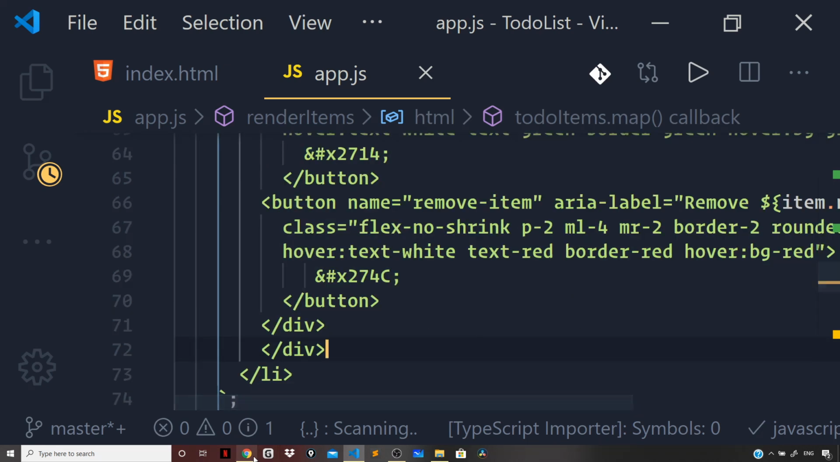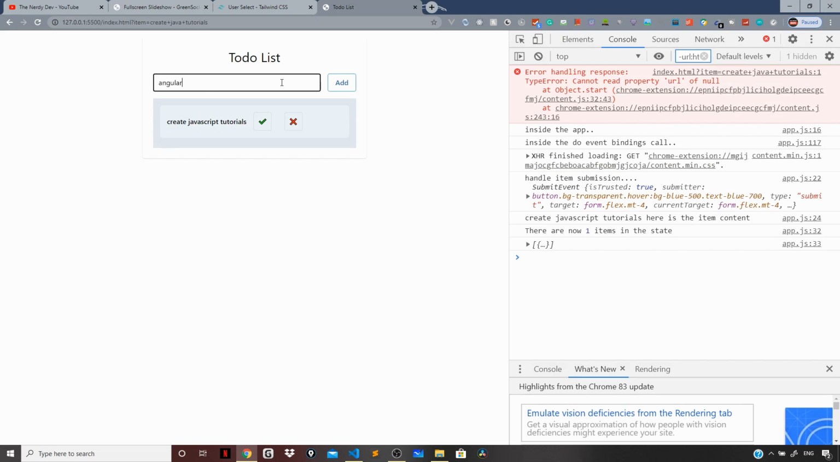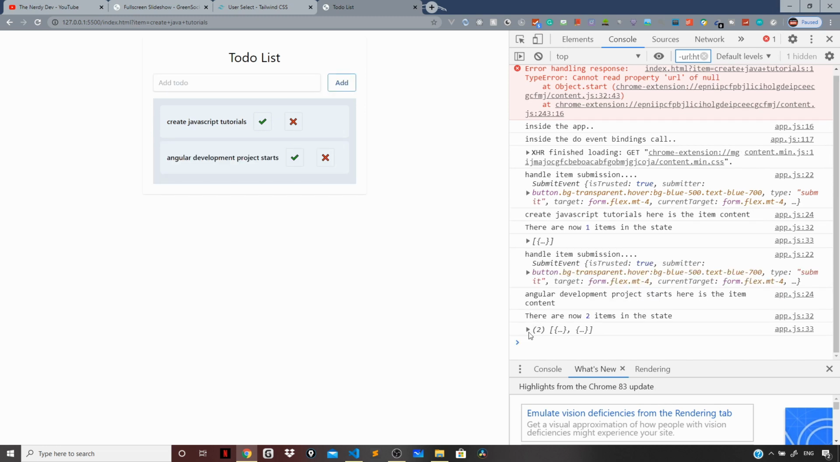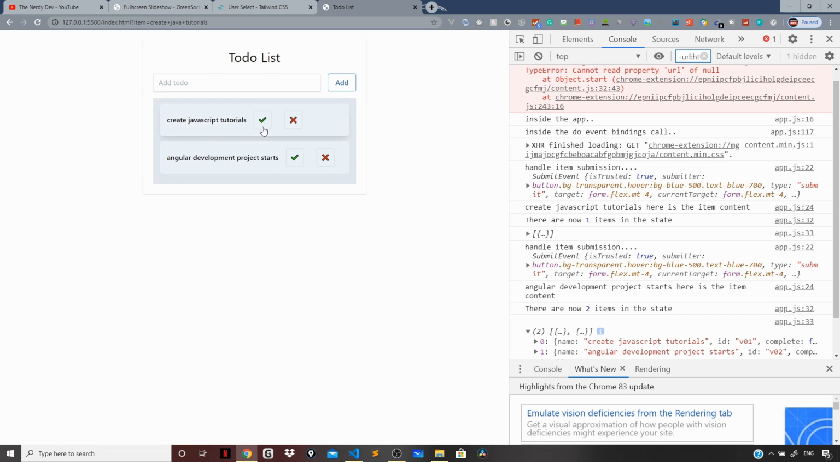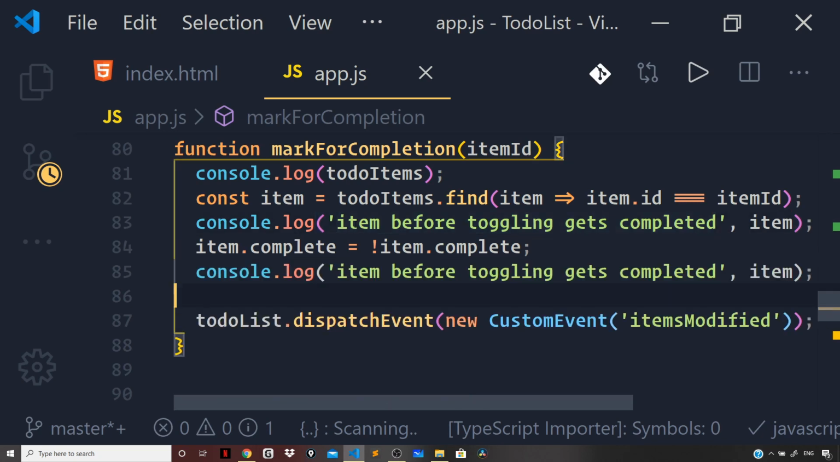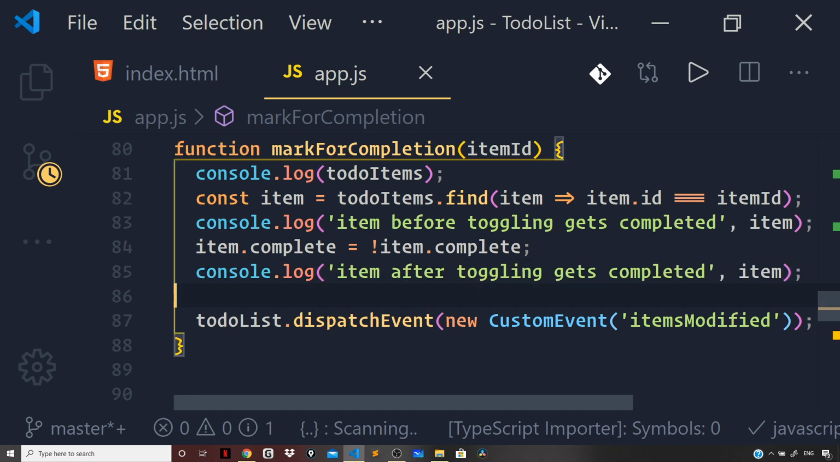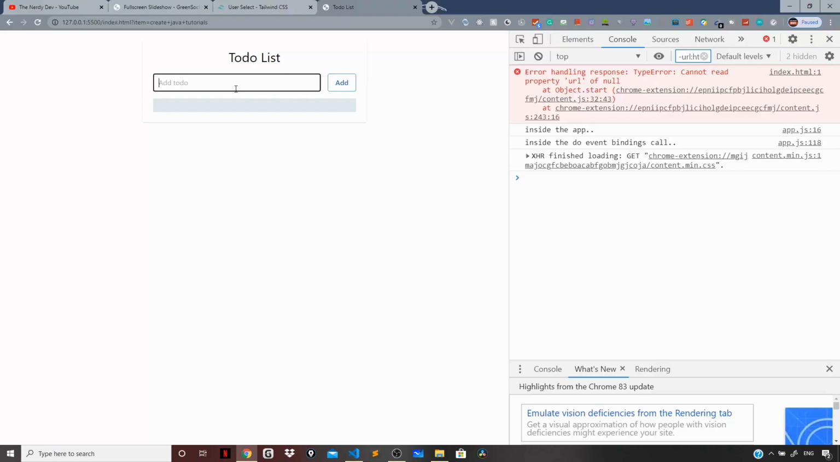So let us go back to the browser to see if it works or not. So let us create some to-dos. So now if I click on the check mark for one of the to-dos, so say the first one, and you can see it says item before toggling gets completed, complete property set to false. And after that, let's print this out here as well. So item after toggling gets completed, go back to the browser,